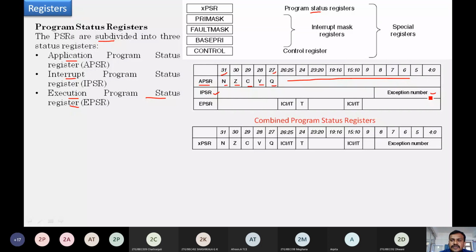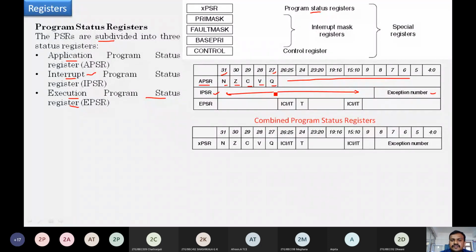To maintain that exception number, the IPSR uses bits from 0 to 8. These bits are used by the IPSR to maintain program status about interrupts. What about the higher bits in this IPSR? From 9 to 31, they are unused.